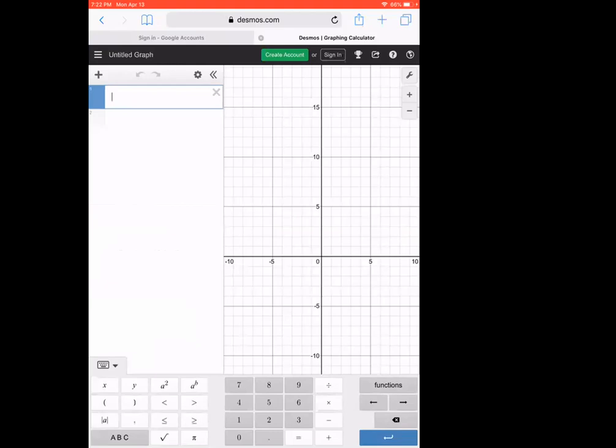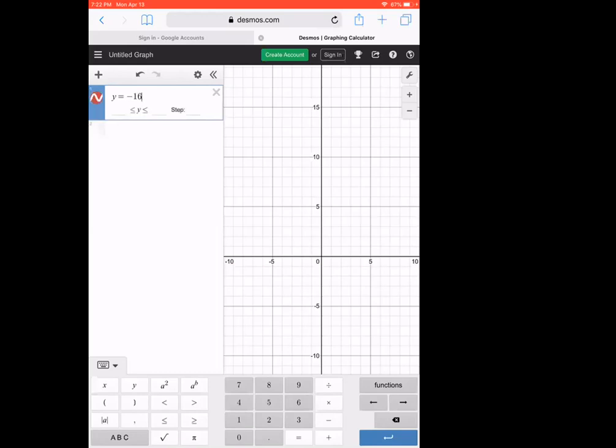You do want to use X's and Y's though. Don't use the H's and T's because it gets all weird and confusing. They already have Y and X down here for you. If you're using a computer, you just type it like normal. If you don't have the worksheet in front of you, you should get it. But here's number 2. It says: if a toy rocket is launched vertically upward from ground level with an initial velocity of 128 feet per second, then its height h after t seconds is given by the equation h of t equals negative 16t squared plus 128t if air resistance is neglected. And then we're going to answer all these questions about it. So let's go ahead and get the equation graphed.